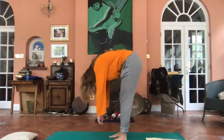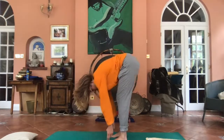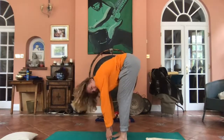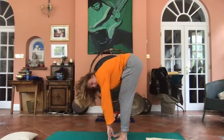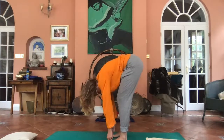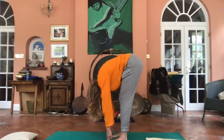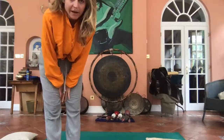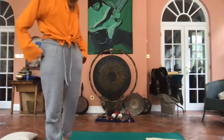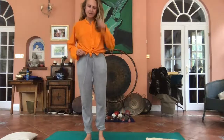You can just fold yourself forward, either resting the fingertips on the ground, or if you like, you can hook your fingers around your toes. But wherever you are, make sure that the neck is long and there's no tension in the neck. And just holding this nice, gentle forward bend and sending the breath up the backs of the legs and into the lower back